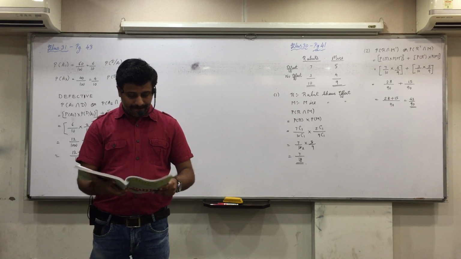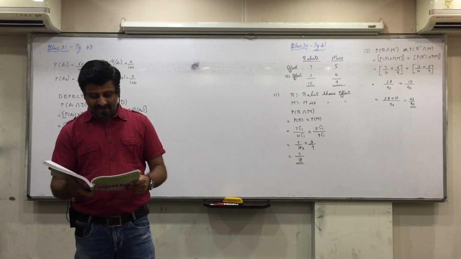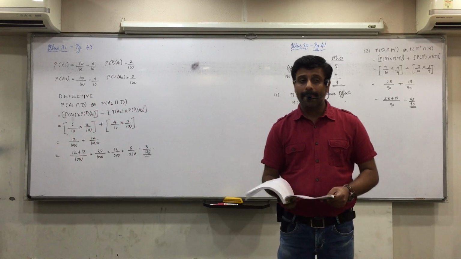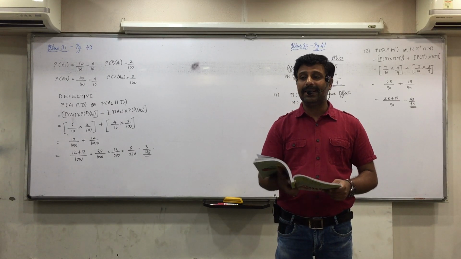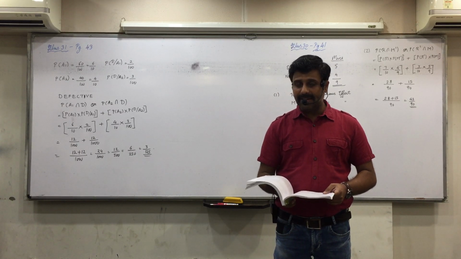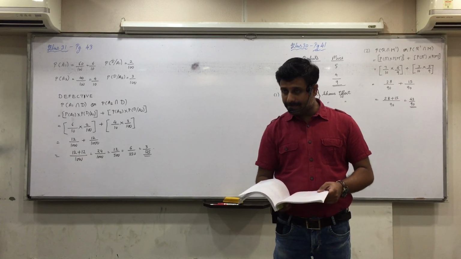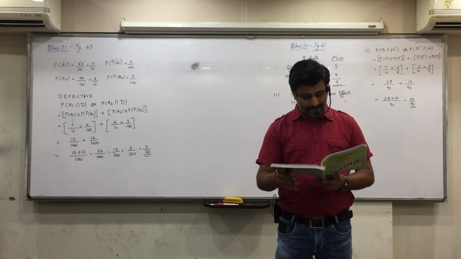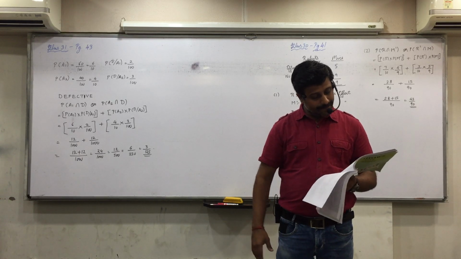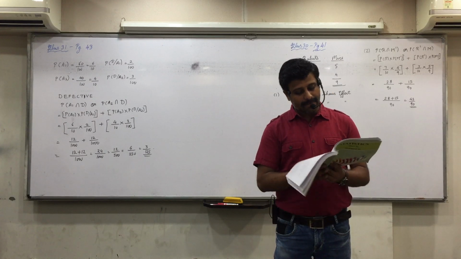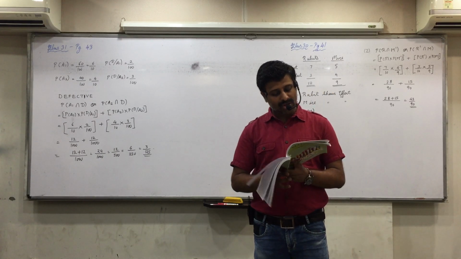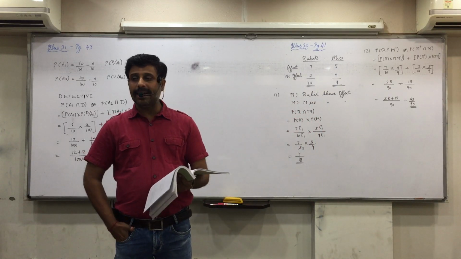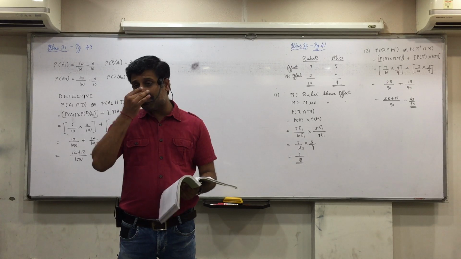Look at illustration 35. Two cities A and B of different states have rain on 60% and 75% of days respectively. Let event A be the event that city A has rain, and event B be the event that city B has rain. What is P(A)? 60 by 100. P(B) is 75 by 100. Now find the probability that on a certain monsoon day both cities have rains, that is A intersection B. You simply do P(A) into P(B).